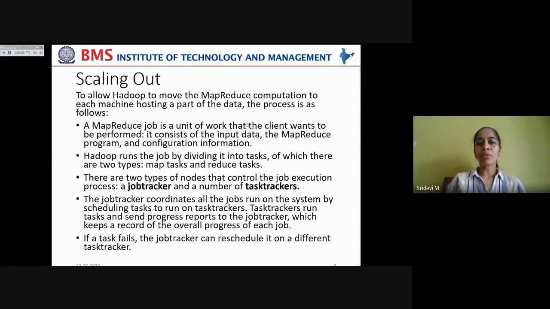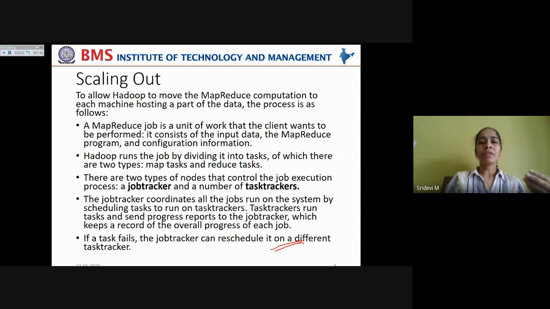Now, to allow Hadoop to move the map reduce computation to each machine hosting a part of the data, the process would be as follows as given in these particular steps. Okay, now the main concept under this map reduce technique is the data is not transferred to and fro between the functionalities.